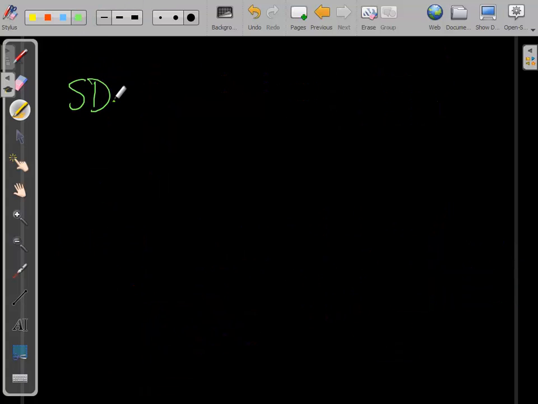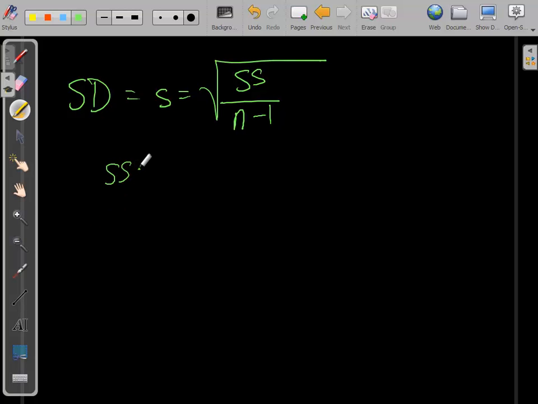So SD, right? Little s is equal to the square root of the sum of squares divided by n minus 1. And again, the sum of squares is equal to